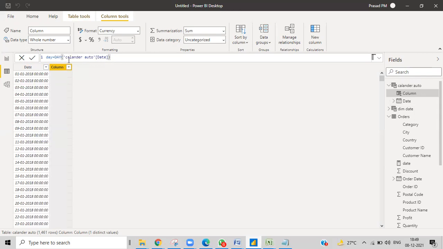This is the format to write a column. To take a column, you need to give the table and then the column. You can write it directly, but most of the time we'll click it from the list. Enter.